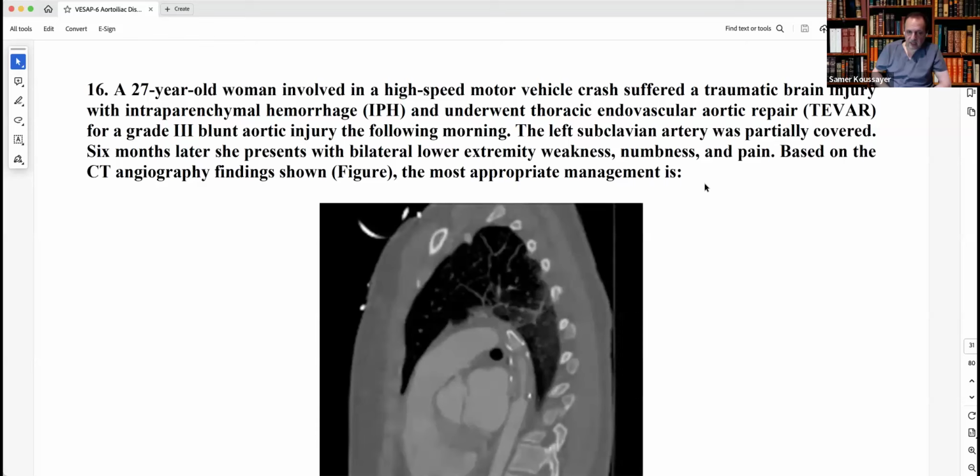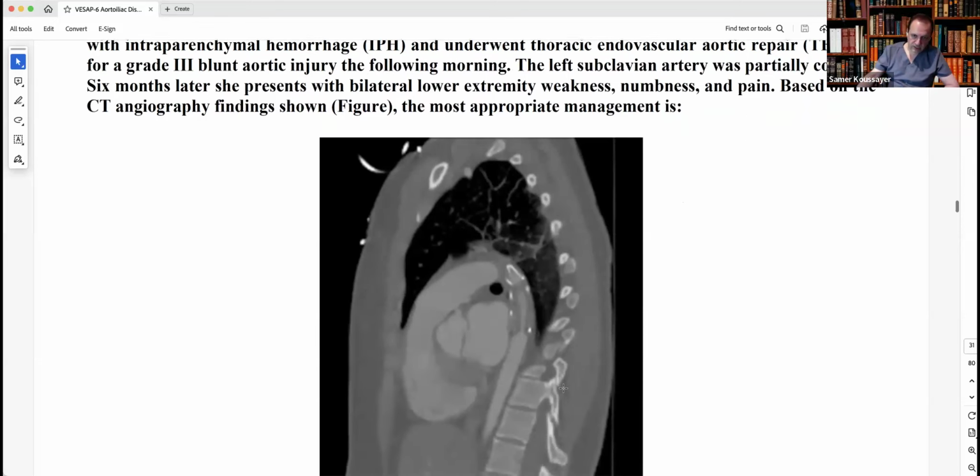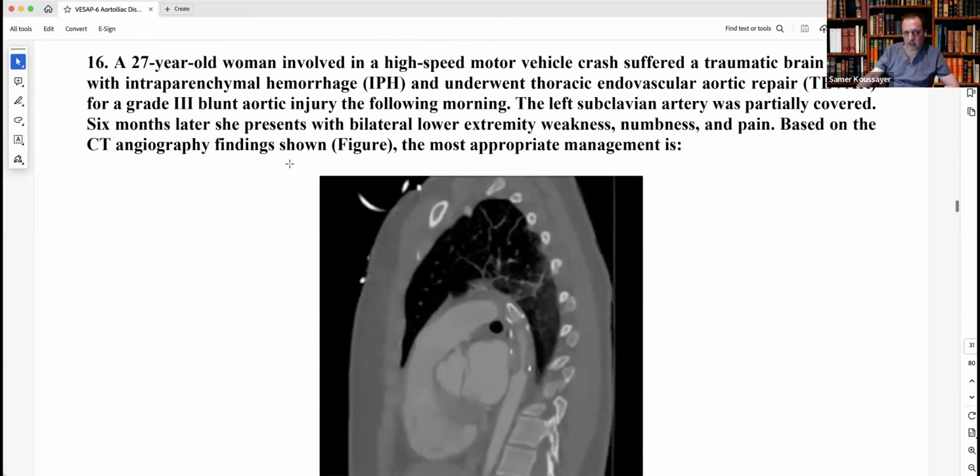I see a couple of cases like that being missed because they came with neurological symptoms. They call neurology, never call vascular, and nobody has a chance to check the pulse in the femoral artery. So again, you have to be very careful. This patient almost has an occlusion. He has very, very tight stenosis here. You can see it. So he has low perfusion to the spine, and that's why he's getting this weakness,